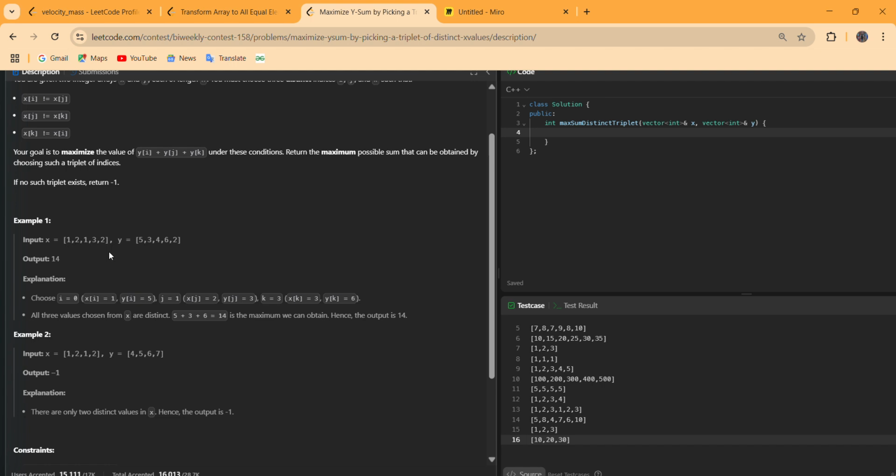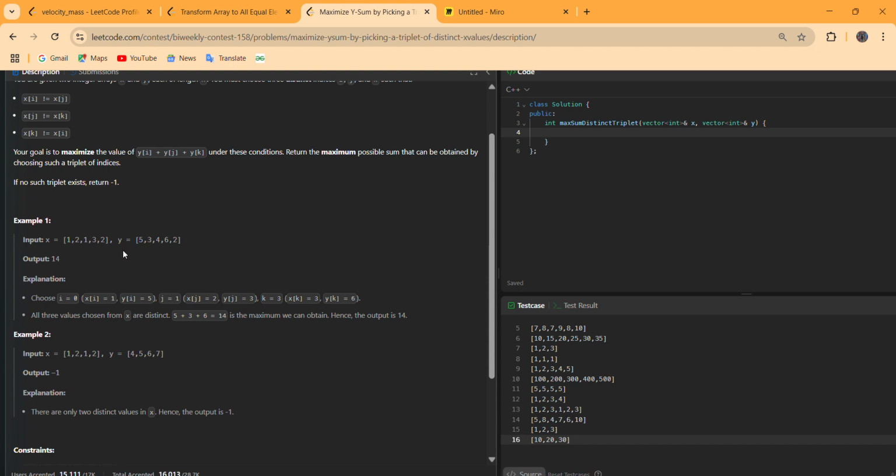If we choose this 1, this 2 and this 3, what will be the sum possible from the corresponding numbers in the y array? For this one, this 5, this 3, so 5 plus 3 is 8, and this 3 corresponds to this 6, so 8 and 6 make our sum 14.